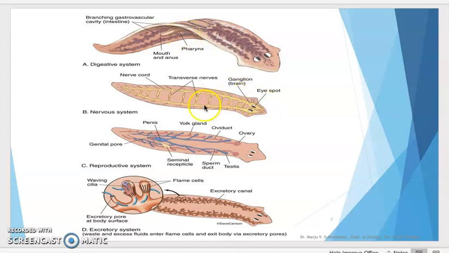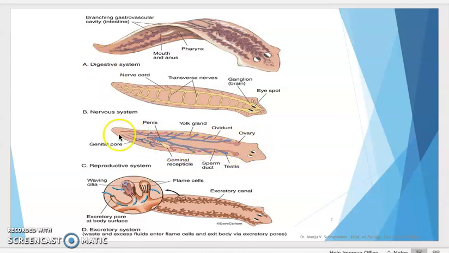And this is a picture clearly showing the nervous system. These are ladder shaped. These two are the longitudinal nerves, and these are the transverse nerves. And this is a ganglion called the so-called brain, and in that you can see the eye spot. So this is the nervous system of Planaria,